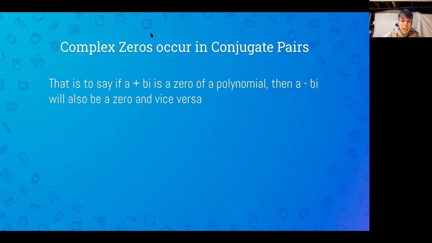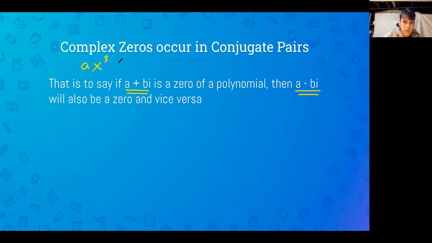Complex zeros occur in conjugate pairs. This is a really important idea. Whenever you have a 0 that is a complex number, then you know that the conjugate of that complex number will also be a 0. That's very, very useful. The reason this is the case is because if we want our polynomial to have real coefficients,